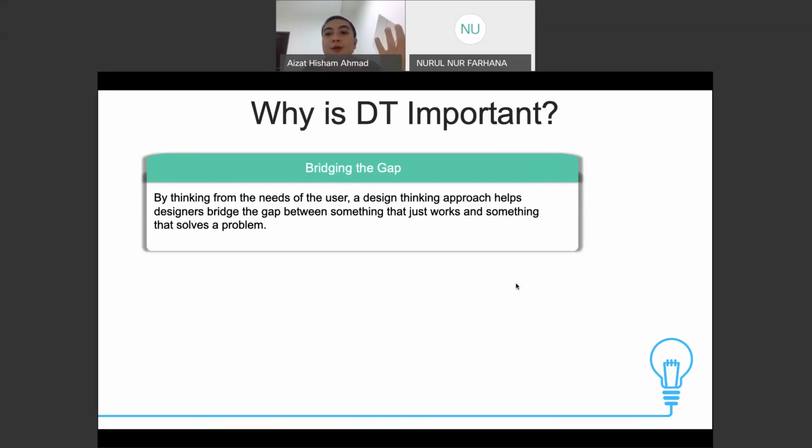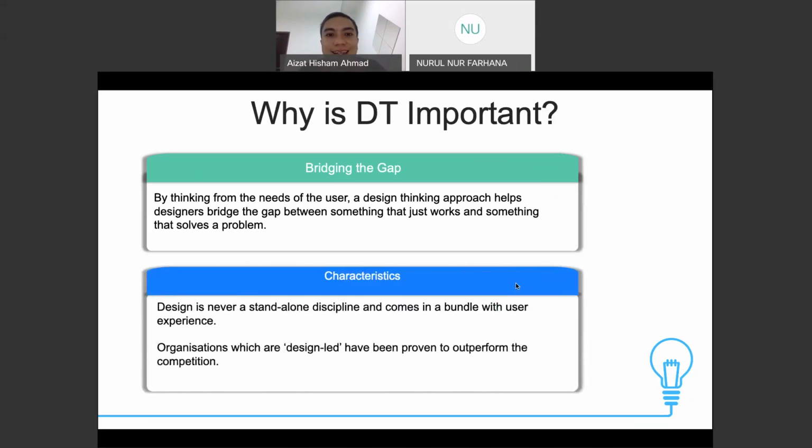We want to bridge the gap between you and the user, you and the stakeholder, you and the design, or you and the problem that you're trying to solve, bearing in mind those who are affected by this particular thinking. Okay, and we also go with the characteristics. A lot of companies now, Fortune 500 companies, for example, Coca-Cola, IBM, you name it, the multinational companies have already been implementing design thinking as a characteristic because they want to compete with their competition.